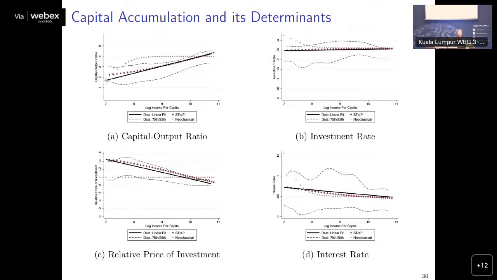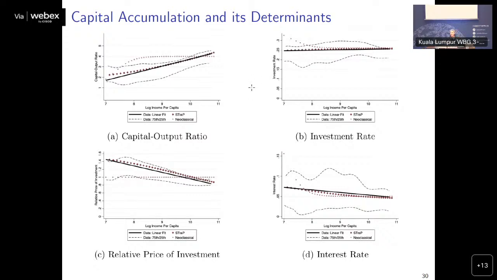Here's the dynamics we know about capital accumulation, which is, of course, if you start with a low level of physical capital, it increases, but it increases very quickly, and then it stays flat. This is the investment rate. We know that the nominal investment rates are relatively flat, but they are increasing somewhat. And the medium-term dynamics, again, not calibrated or anything, are basically directly on top of the data.